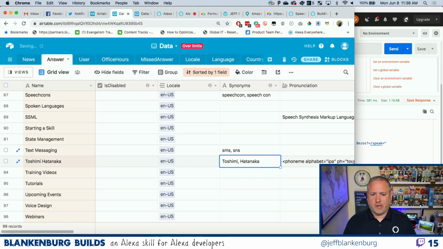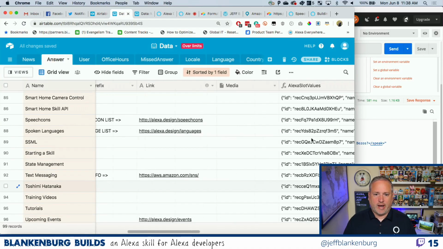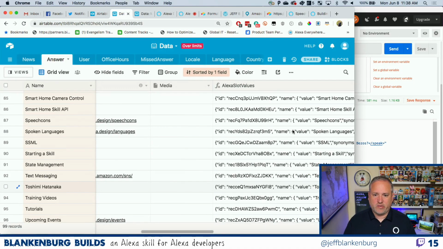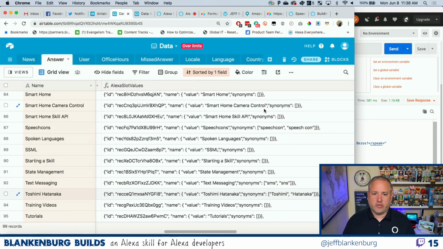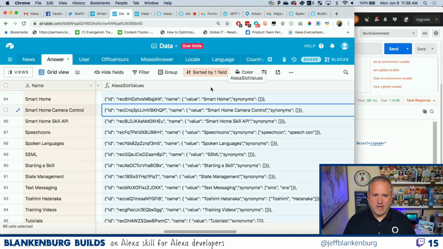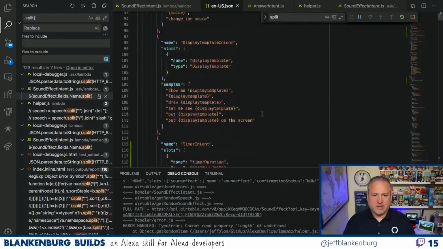As I continue to fill out my synonyms, this is one of those things, if you guys haven't been following along, I have a column here called Alexa slot values, and this auto-generates all the JSON that I need for my slot. You can see I just did text messaging and I added those two synonyms. I have this JSON right here. This makes it very easy for me to take this whole column, copy it, come over to my slot,